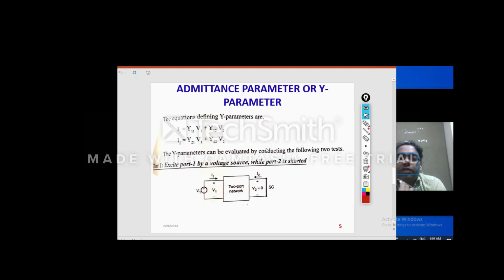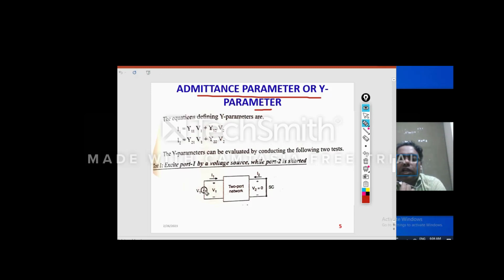Now similarly, if we see admittance parameter or Y parameter, we define in this way. I1 equal to Y11 V1 plus Y12 V2 and I2 equal to Y21 V1 plus Y22 V2. Now how to find these parameters Y11, Y12?